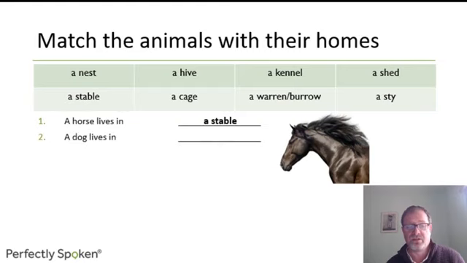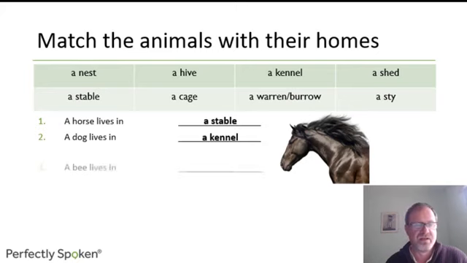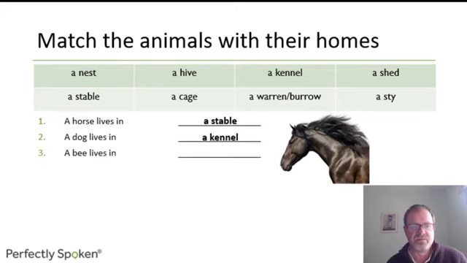A dog lives, if it's a domestic dog obviously, in a kennel, the small little houses that you have for dogs. A bee, well, millions of them usually, or thousands of them at least, live together in a hive where they produce their honey and have all their larvae,